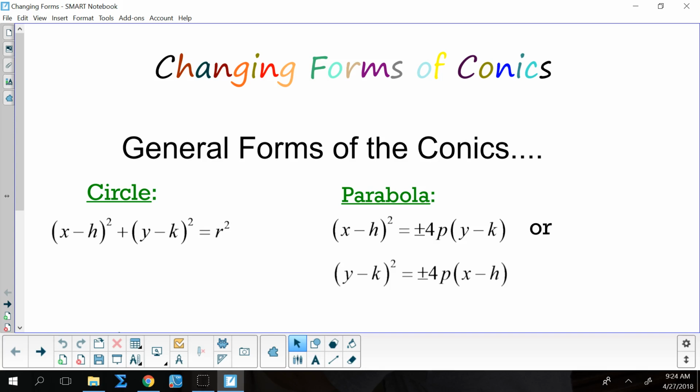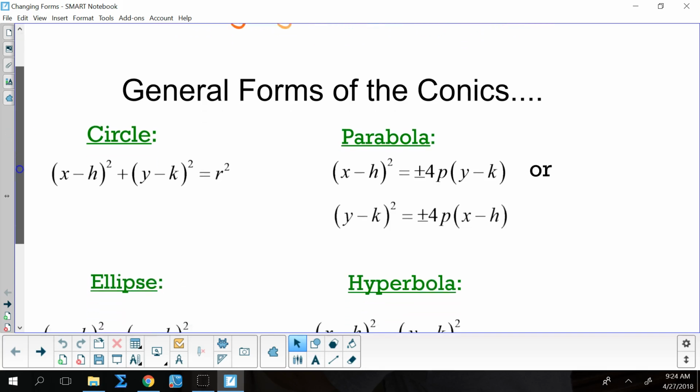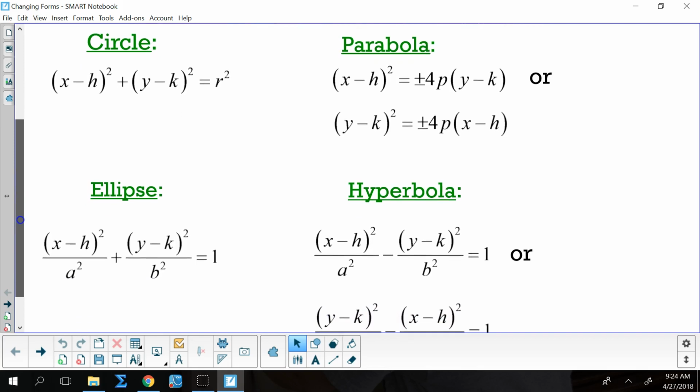So instead of saying, this is a parabola, this is an ellipse, this is a hyperbola, this is a circle, we are just going to give you an equation. And we're going to ask you to, 1, figure out what it is, and then 2, graph it and give all of the points and all of the lines and all of the things that we want with each one. Okay? So, to recap, the general form of all of the conics are,